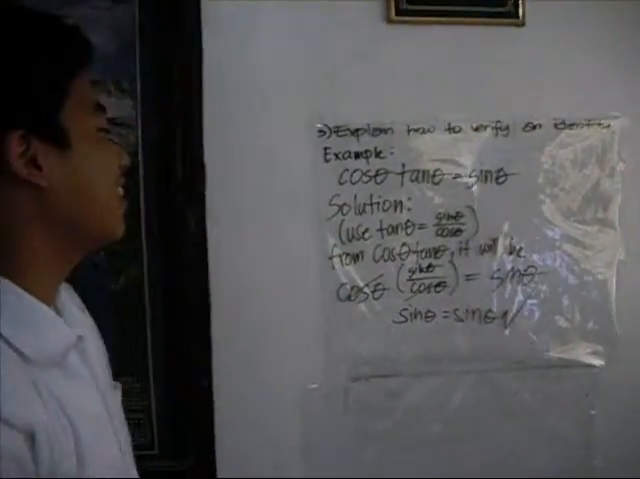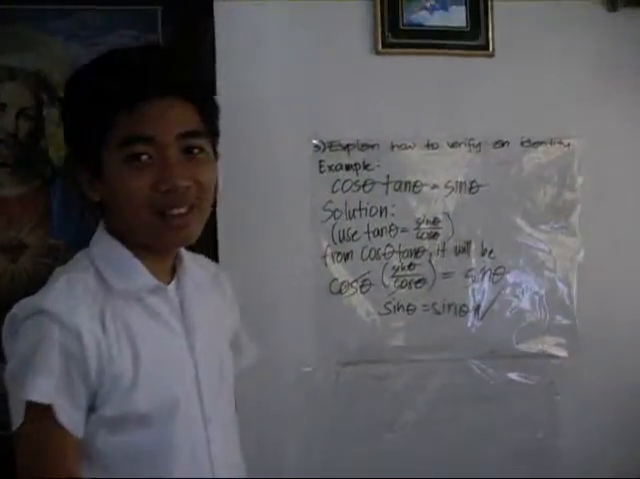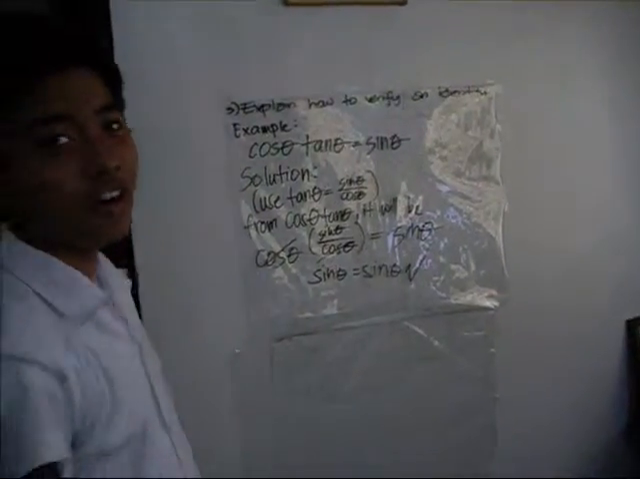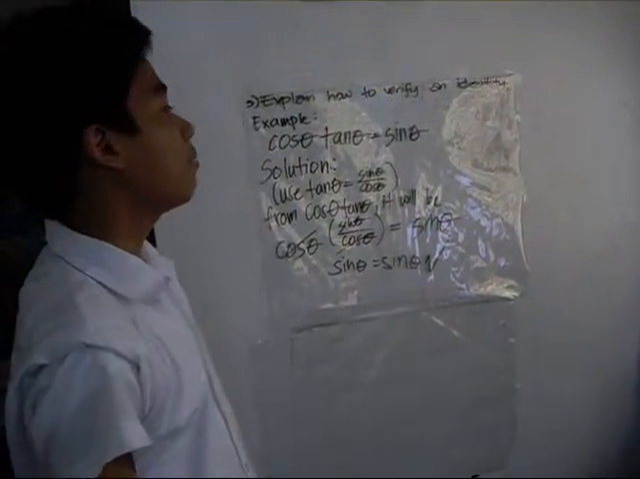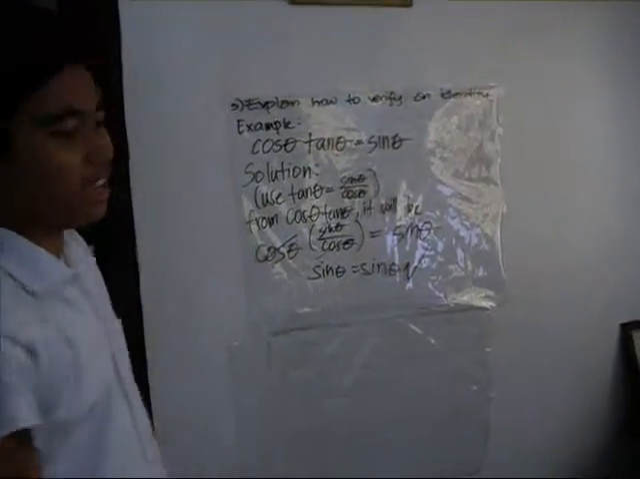Explain how to verify an identity. No single method works for all identities. However, following certain steps might help. To verify an identity, you must use and transform the more complicated side into the other using basic identities, or use both sides and transform them to a single expression. Example,